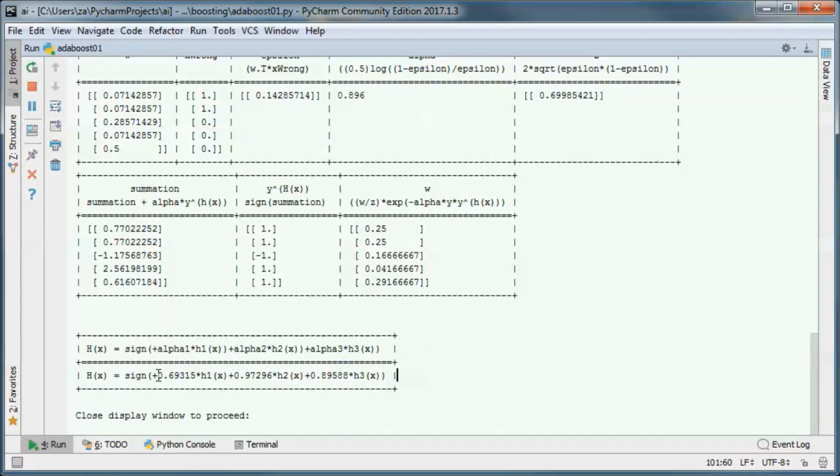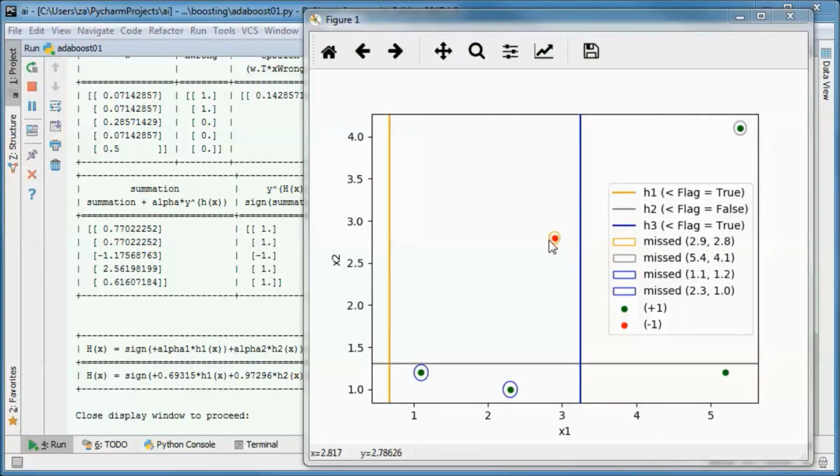And we have alpha 1 is this number, and alpha 2 is this number, and alpha 3 is this number. And this data item was misclassified by H1, and this one was misclassified by H2, and those two were misclassified by H3.